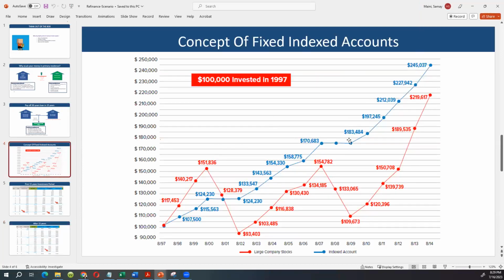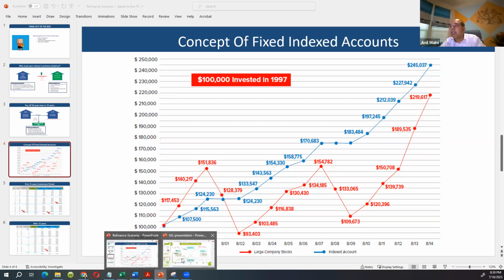This is just the fixed index strategy about IUL. I do different trainings every Sunday, so I encourage all the new people, there are a lot of new people here, to start joining the Sunday meetings. A couple of weeks ago, we focused the whole 45 minutes on this graph. This is just the stock market versus fixed index strategy. What are the benefits of the fixed index strategy, how it works, what is participation rate, what is cap rate, all those things we will discuss in another meeting. But this is just a graph, and we have the real time.